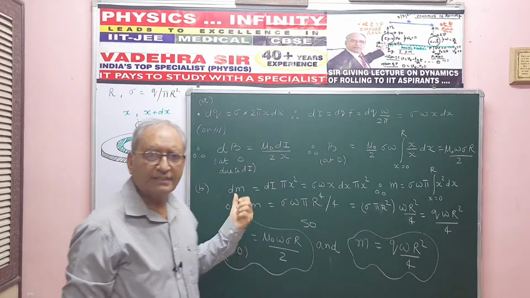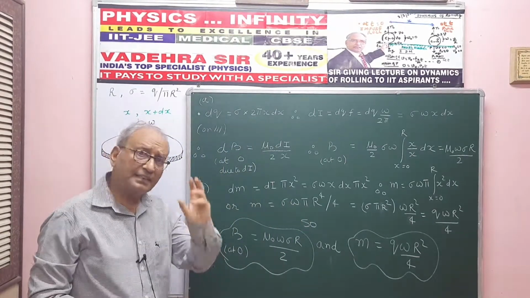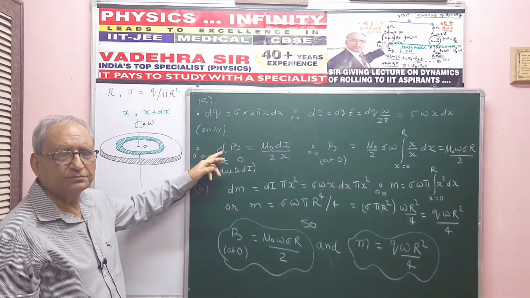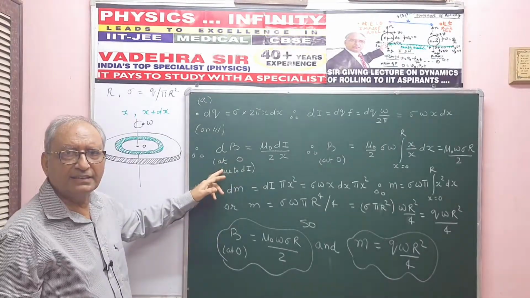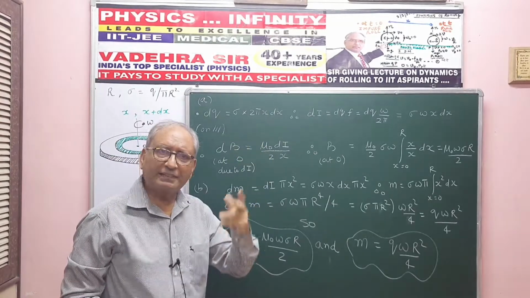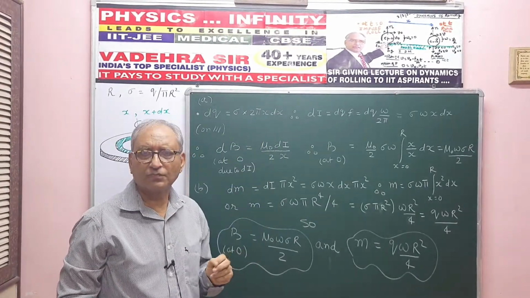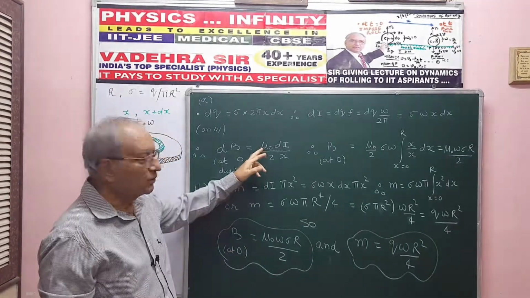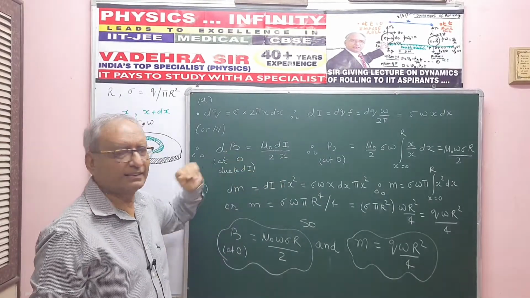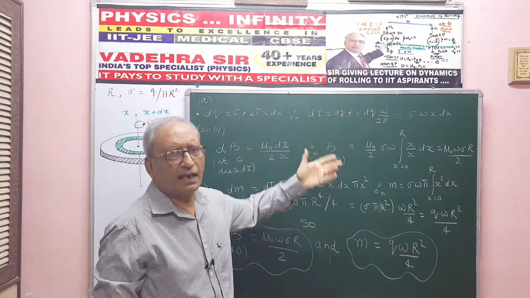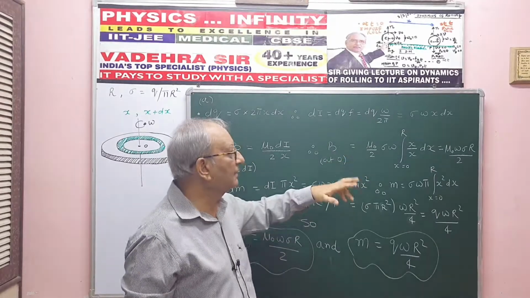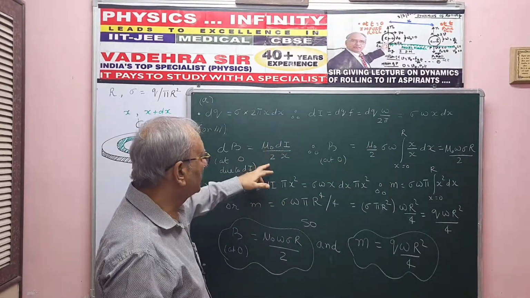Now, for this ring of radius x, the magnetic induction at the center O is dB, and dB due to this di will be mu naught. Now remember, the magnetic induction at the center of a charged ring is mu naught I by 2r. So mu naught I here is di upon 2, and r here is x for the elemental ring. To find B, I integrate x from 0 to r.